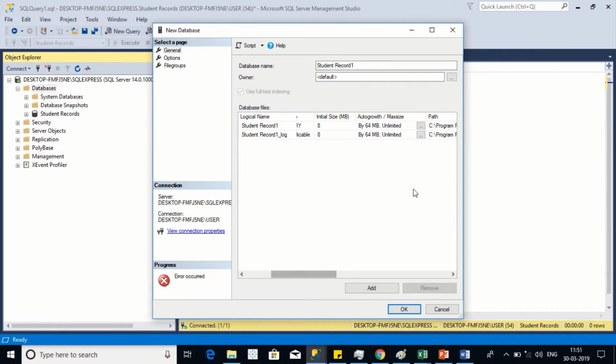The initial size of the database is 8 MB. It's the default for both the log and database file, but the growth or max size is 64 MB. Means the log file and the database file should not be more than 64 MB. Okay, but we can increase this size. On our requirement we can increase this size, because